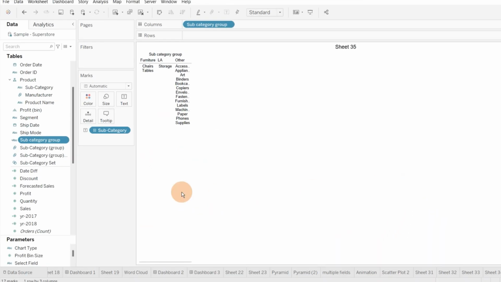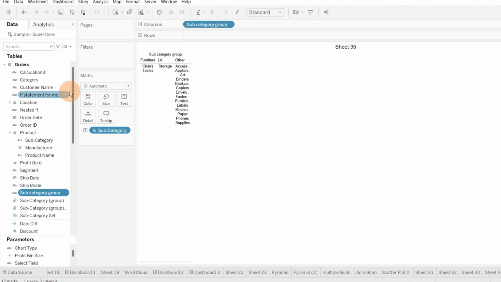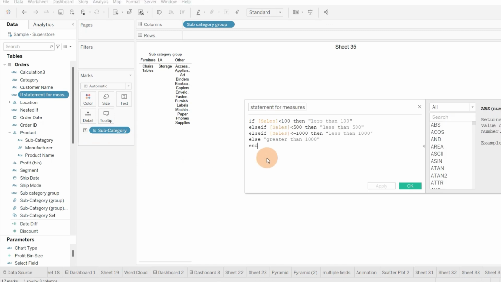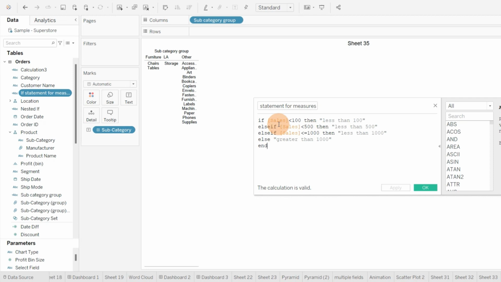But what is the limitation of the case statement? Last time we also wrote an if statement for a measure value. So here I wrote an if statement for a measure value as well: if sales is less than 100, then less than 100, less than 500, then less than 500. But the case statement cannot compare logical values. It will not be able to compare that.